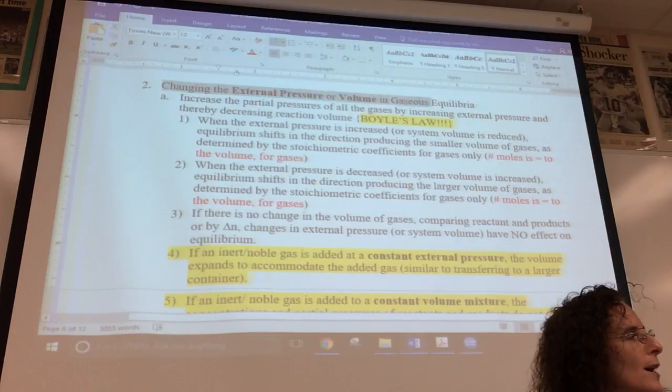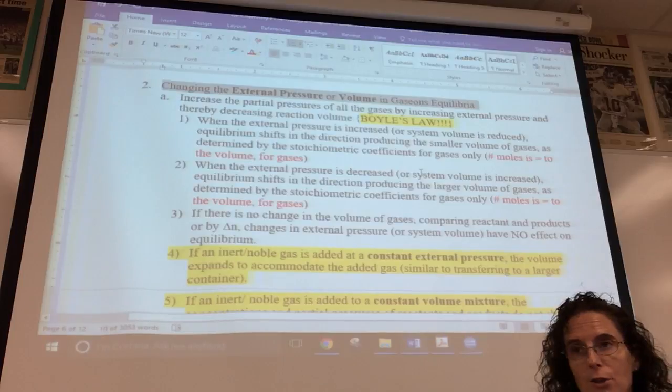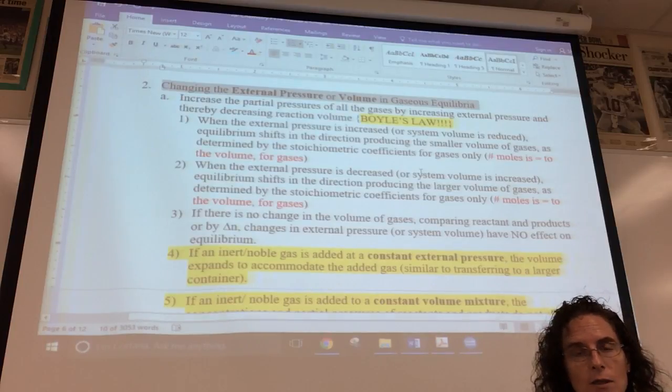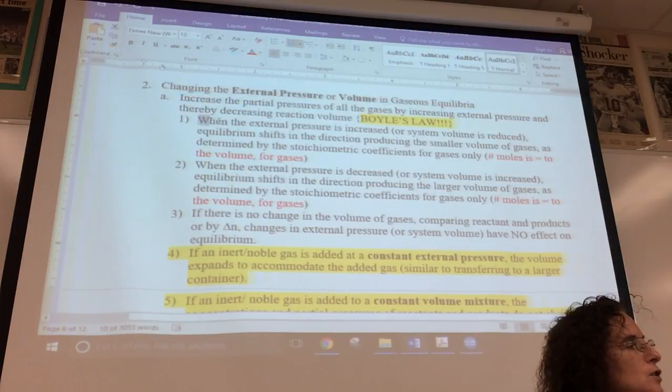Changing the external pressure or volume. Let's take a look at the effect of volume or pressure on equilibrium. Now, I always do it from a pressure standpoint because it's easier for me, but whatever rocks your world is fine. All right. It says when the external pressure is increased or the system volume is reduced,